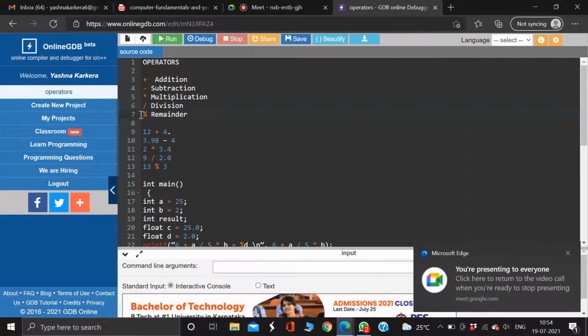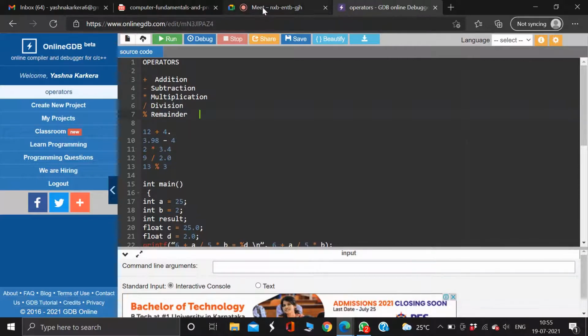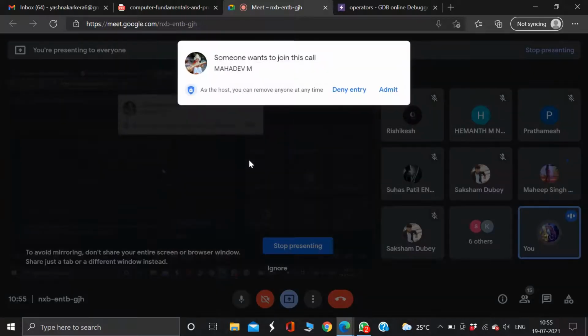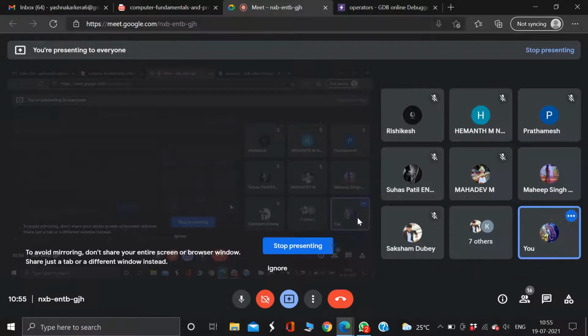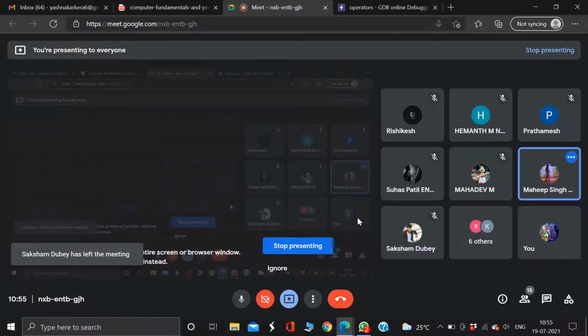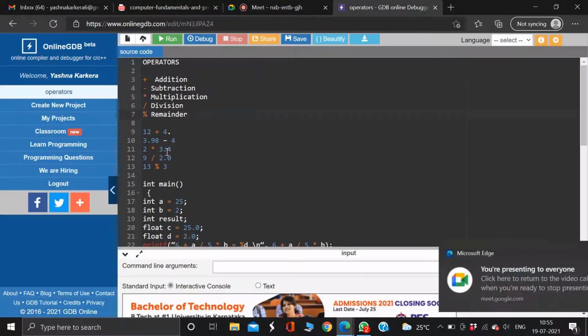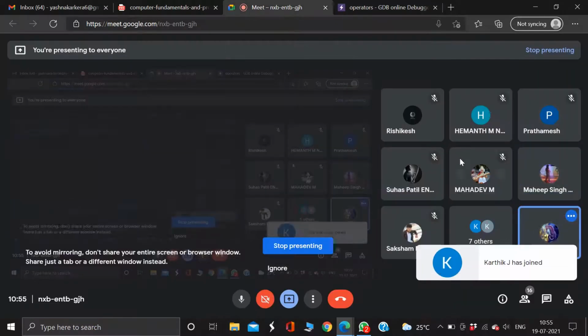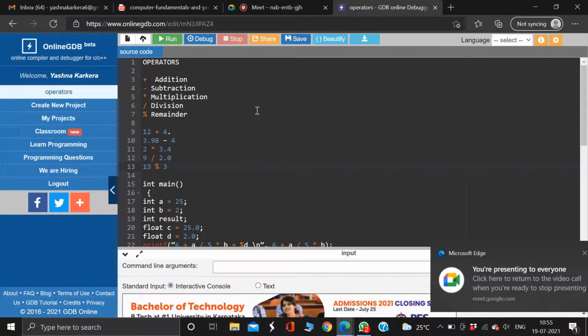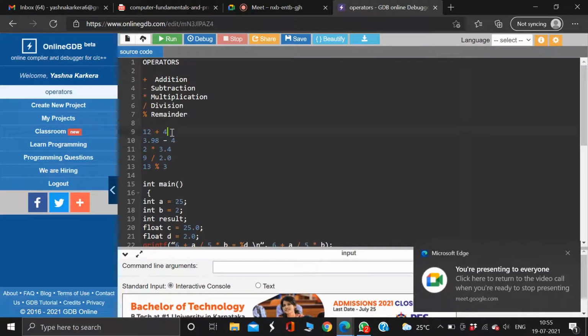So this one I was talking about is the remainder operator, which means that whenever you divide something, first you have something called a quotient, and then you have something called a remainder. You remember this, right? So basically, what this operator does is, if you give two numbers, then it will find the remainder of the two numbers. So I'll take examples. Now you guys have to answer this question one by one.